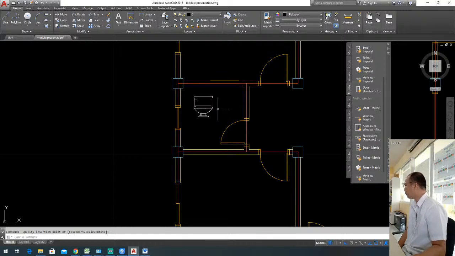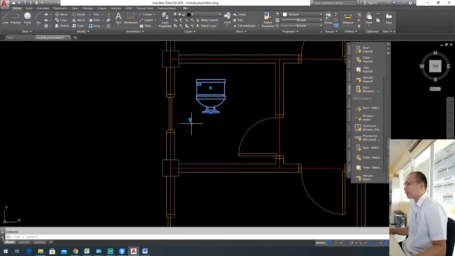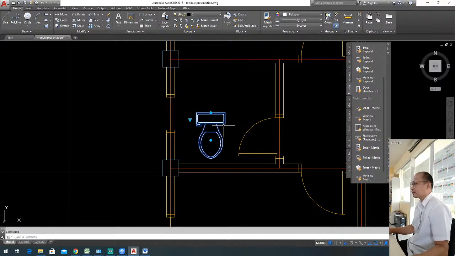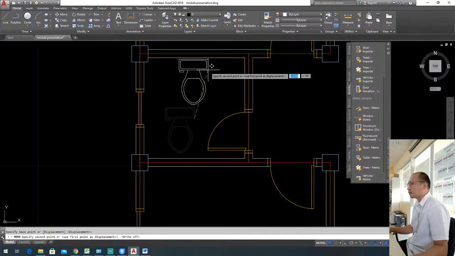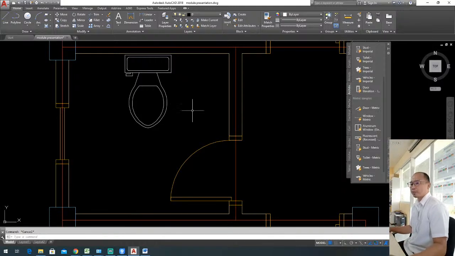Okay? Now, click on the toilet bowl. You've got arrows here. This one right here symbolizes another option if you are going to click this one. This one is for the flip. Okay. Now, click this one. You may choose, like, for example, mine is elongated plan. Right there. Okay. Then, I am going to position my toilet bowl right there. Okay. After positioning your toilet,